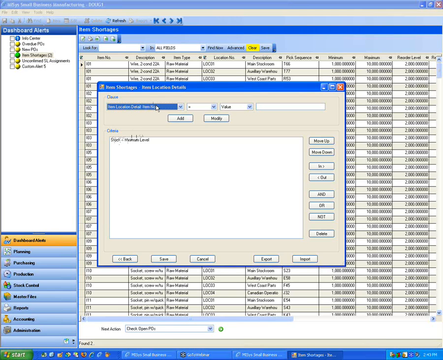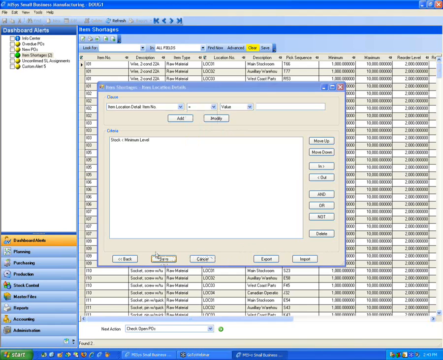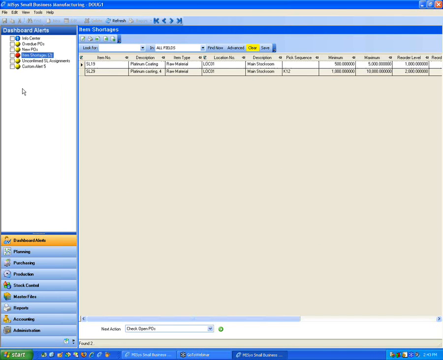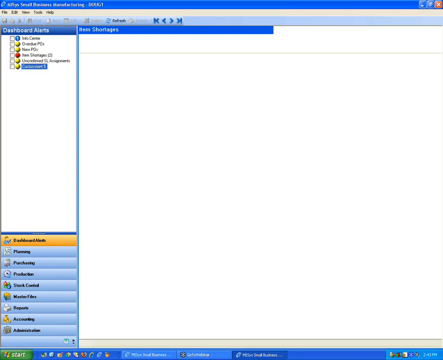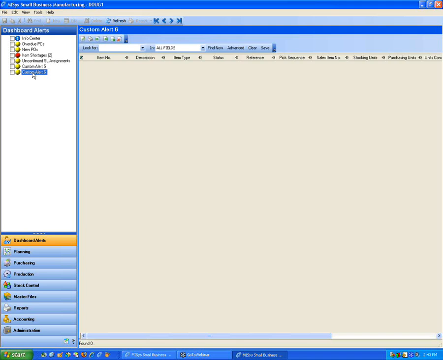Now, you can set any number of these dashboard alerts up doing pretty much whatever you want. Just click the drop-down here, select your location detail, select the threshold, set greater than, equal to, whatever, the value, and then you plug it in, save it, and that's your new dashboard alert. If you want to add new ones, okay, add custom alert,